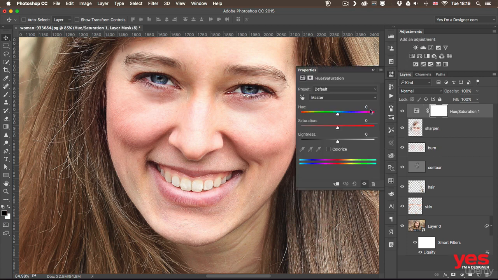Hue saturation set to yellows and drag the saturation down all the way. But don't forget that this is going to remove the yellow color from everywhere in the image. So instead of using it like this with the white mask, which allows this to happen everywhere in the image, you either create the selection first and then apply this, or even later, you can just press Command or Control I to invert the mask, and that way removing it